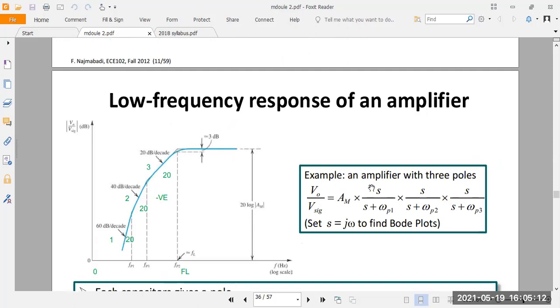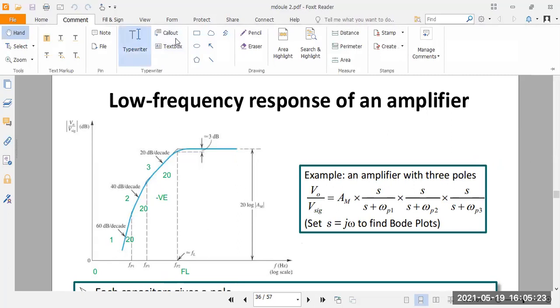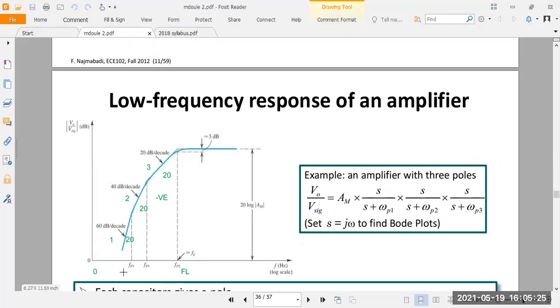In yesterday's class we discussed this, right? Here they have taken the low frequency response for the common source amplifier. See, this is the lower frequency response. See this diagram here. For the x-axis they have taken frequency, and for the y-axis they have taken gain, that is, output voltage divided by input signal. So, gain versus frequency.